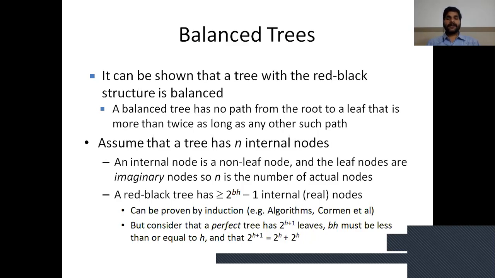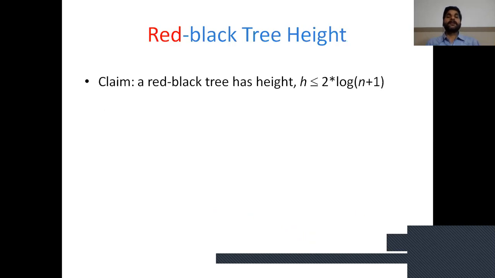If the tree is divided into two halves, one contains 2 to the power bh(x) minus 1 because the black height of the tree is bh(x), and the second also has its black height reduced by one. So the total number of internal nodes is 2 to the power bh(x) minus 1, minus 1, plus 1, plus 2 to the power bh(x) minus 1, minus 1, plus 1 for the black node. So the total is equal to 2 to the power bh(x) minus 1. So the red-black tree height is h less than or equal to 2 log(n plus 1).